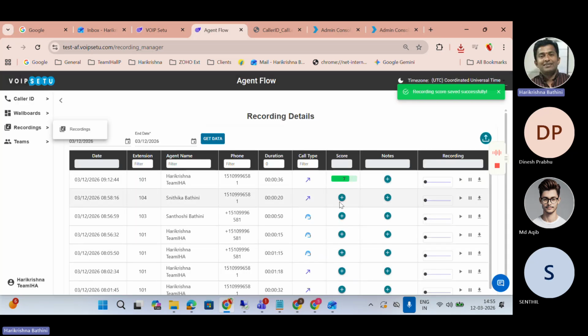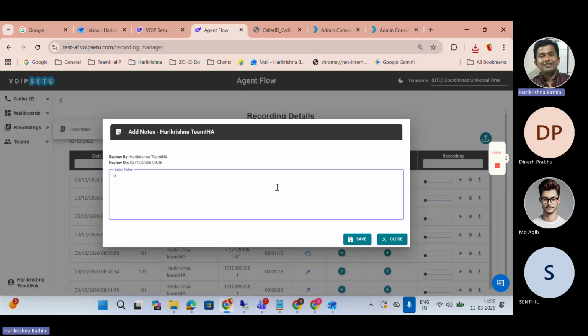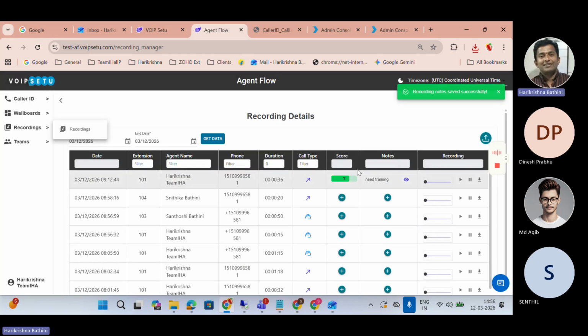After listening to this call, if we need any improvements, I mean, the agent skills need to be improved, likewise you can give scoring over there. If training is needed, you can give the notes over here. And in the coming days, we are going to give one AI analytics also, which is going to show the complete